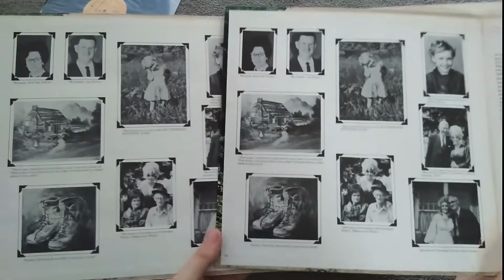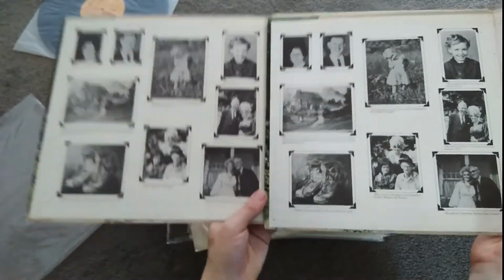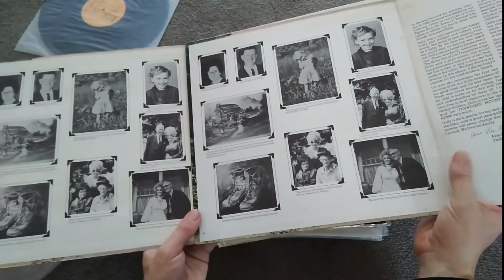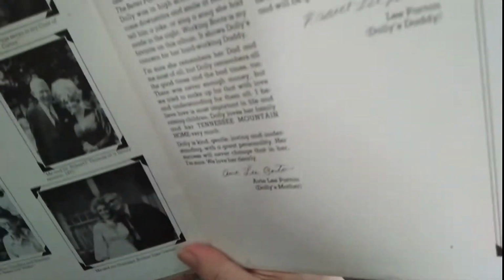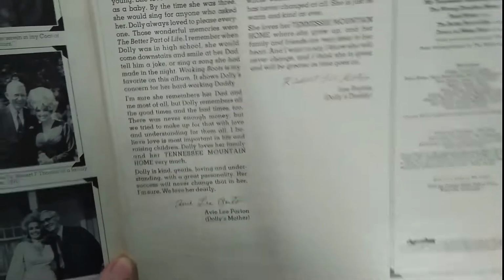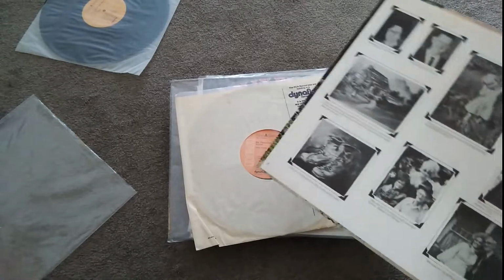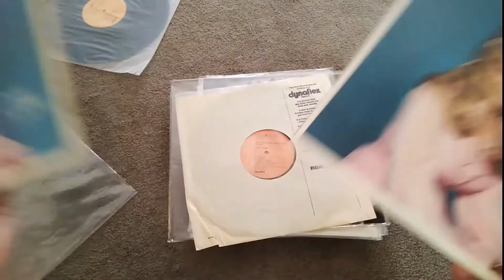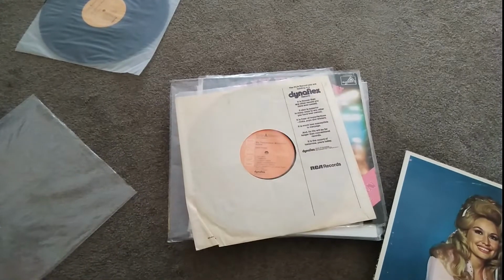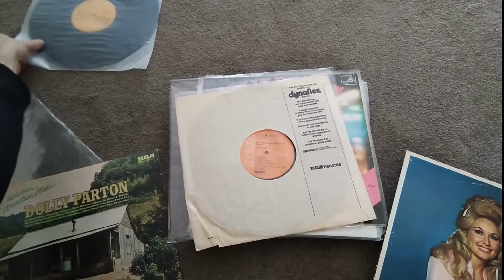Alright, so you can compare them. This is the original, this one here is the repress. I don't know, just to me this one looks a lot better. The text is a little clearer on the reissue, but it's not that bad on there either. And you got the picture of Dolly, which I just think looks a little better on the original. Each to his own, but yeah, so